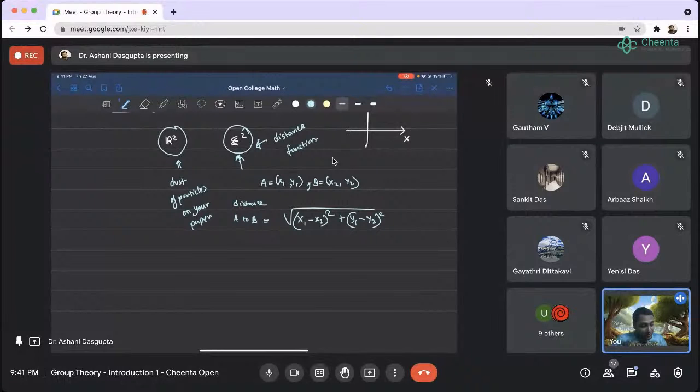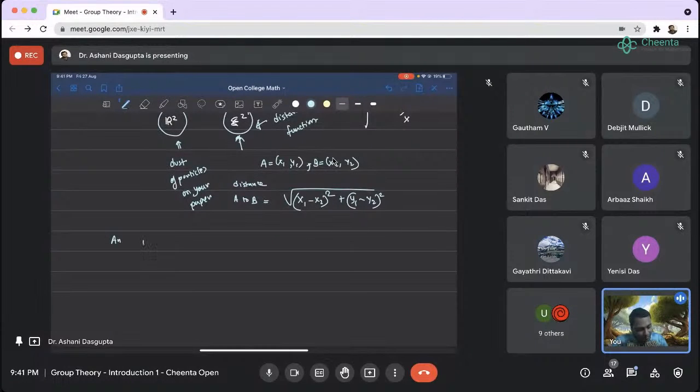We were defining isometry. So an isometry is nothing but a function f from E2 to E2. Now you know what I mean by E2. E2 is just the set R2 with a distance function, right? A function from E2 to E2 such that... should I write E2? Any distance function would work actually. Any metric space, any distance function would work. Let's keep it E2 for the moment, okay? Such that